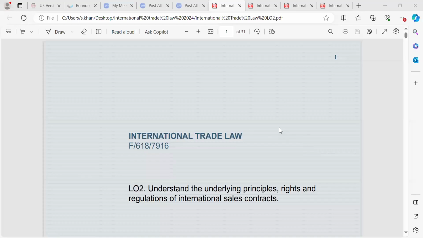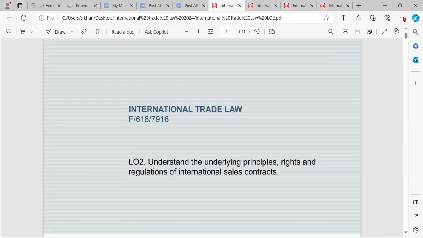As we've gone through Learning Outcome 1 and looked at the issues around the World Trade Organization, GATT and competition policy, now we'll be looking at Learning Outcome 2. It'll be a quick summary, because then we've got to move on to Learning Outcome 3 and then the